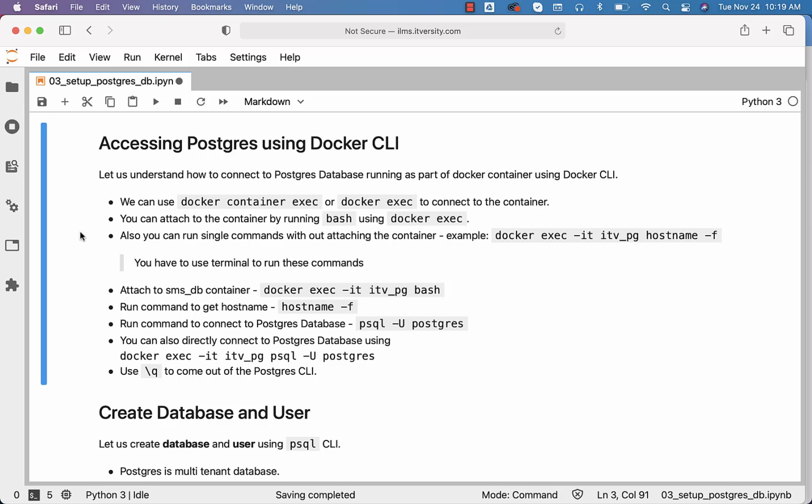Let us understand how to connect to the Postgres database running as part of a Docker container using the Docker CLI. If the container is not there, I will quickly create the container and start it, then I will demonstrate how to connect to the container and perform tasks such as getting into the database that is running as part of the container. With respect to running commands or connecting to databases in the container directly using the CLI on the host,